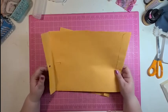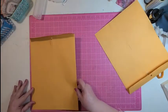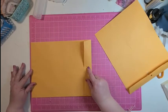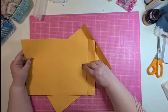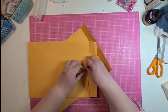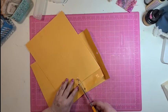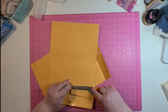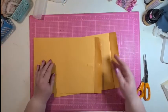So first of all, we're going to start with a couple of large envelopes. These are 10 by 13 with the flap closed. These have this pesky little metal thing, which I wish they hadn't, but the ones I happen to have do. So I am just going to cut that out and get rid of that. Okay. So we got two